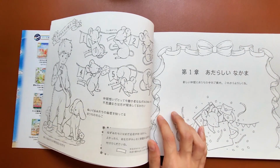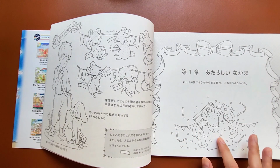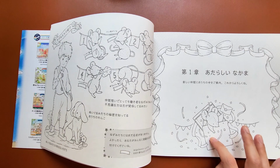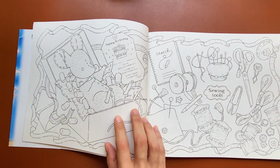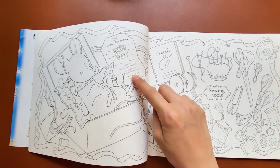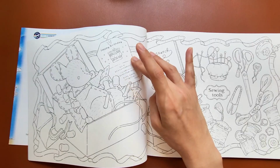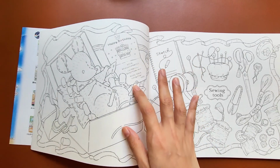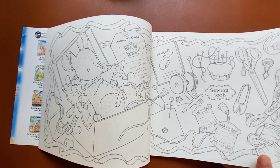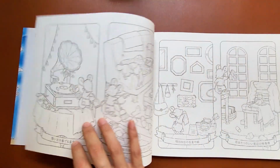In chapter 1, it says, "I'll show my new friend around the house. I look forward to working with you." And here's the new mouse coming out of the box. And this card is just saying that I've sewn a new mouse for you. Please give it a good name, something like that. And then we just have a tour of the house and the mice